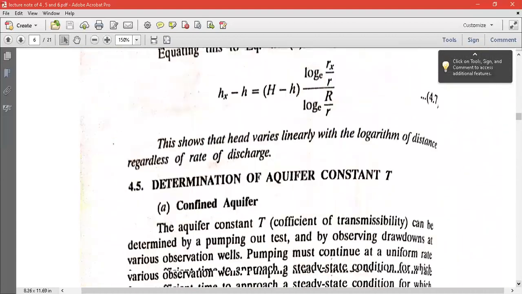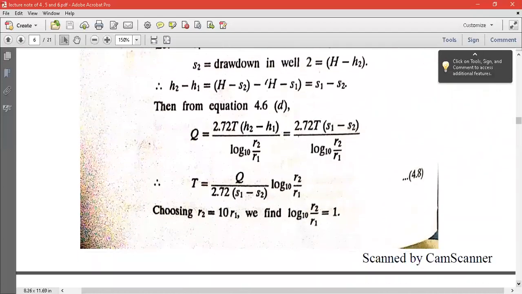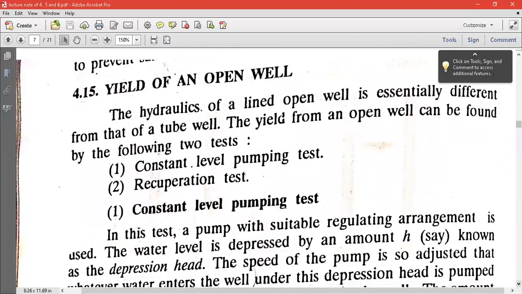So this deduction you have to know for the confined aquifer. Fine. Now, this is a basic theory, but how the deduction of the formula came, you should know, because if you forget the formula, then after drawing the vertical cross-section sketches of the well, either unconfined or confined, you can derive and yield the formula. It will not take much time. So if you forget the formula, and the basic thing is clear, you can recapitulate the formula very soon. There is no problem.